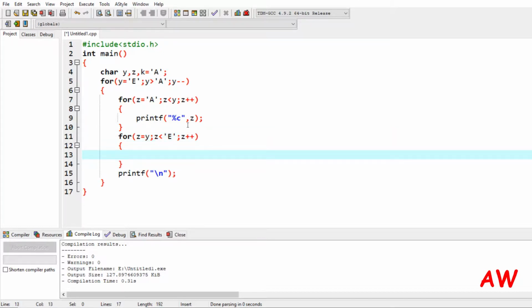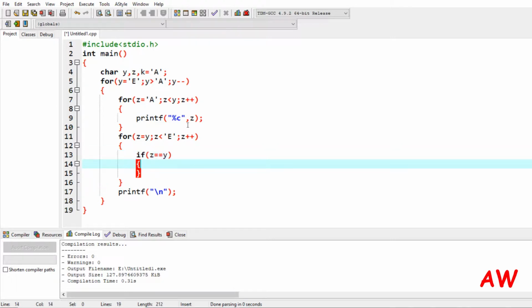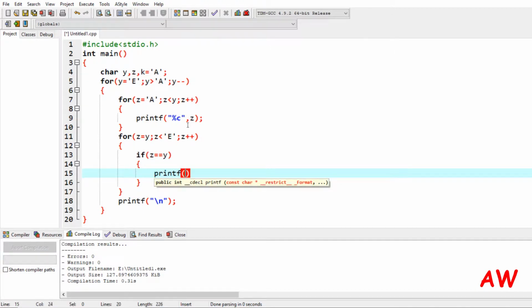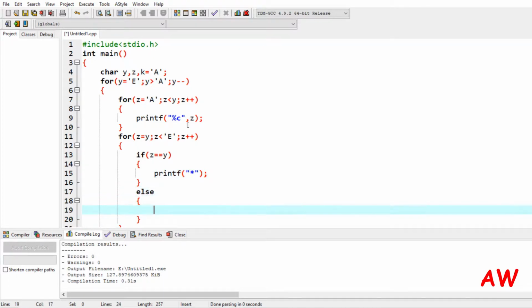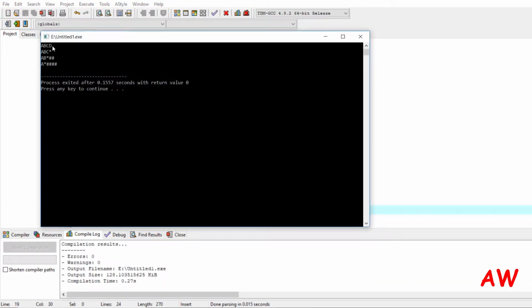So now in this thing, you guys have to take care of one thing, what we have to take care is where we need to add a single space or double space. So if the condition arises where our z loop becomes equal to the y loop, we'll print a single space, otherwise we will use a double space. So for getting better clarification, I'll be denoting my single space with stars. So I'll just write star over here, and for denoting double space, I'll just write in the else part printf, and then I'll use hash. So I'll just use two hashes over here. So now let's run it and see the things which we get. So yes, as you guys can see, we have got